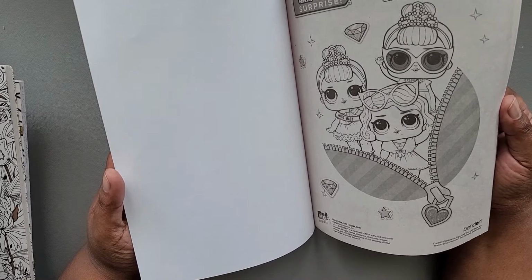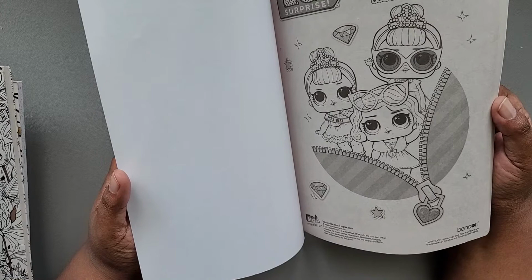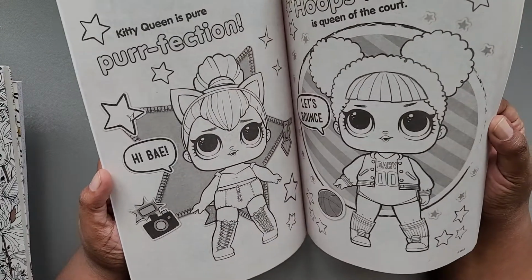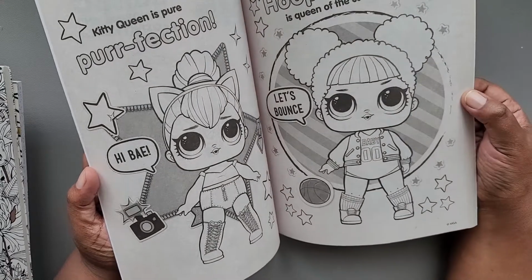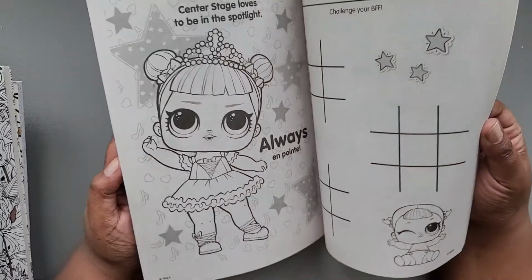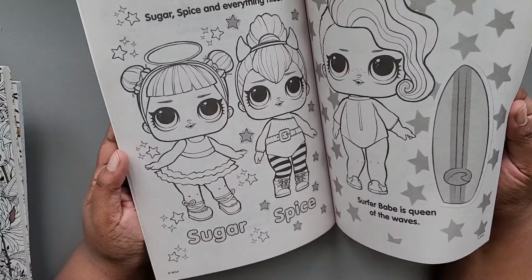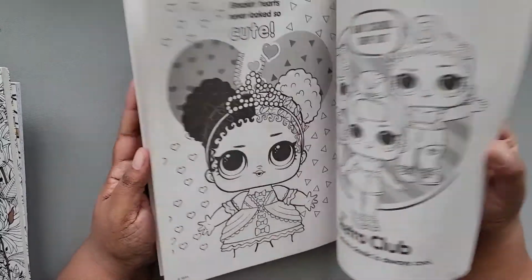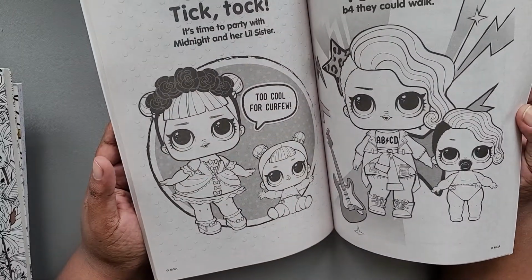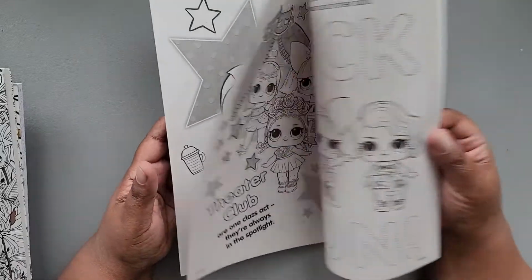I do collect the LOL, like tall, what are they called? Like fashion dolls. I don't really like the smaller LOL dolls. They're really tiny, don't have much detail, but the fashion dolls are nicer. I picked up the coloring book because it has that chibi look to the girls with the big eyes. I don't know if I'm gonna keep this yet. I'm still thinking about it. I may give it away, but the illustrations are cute,